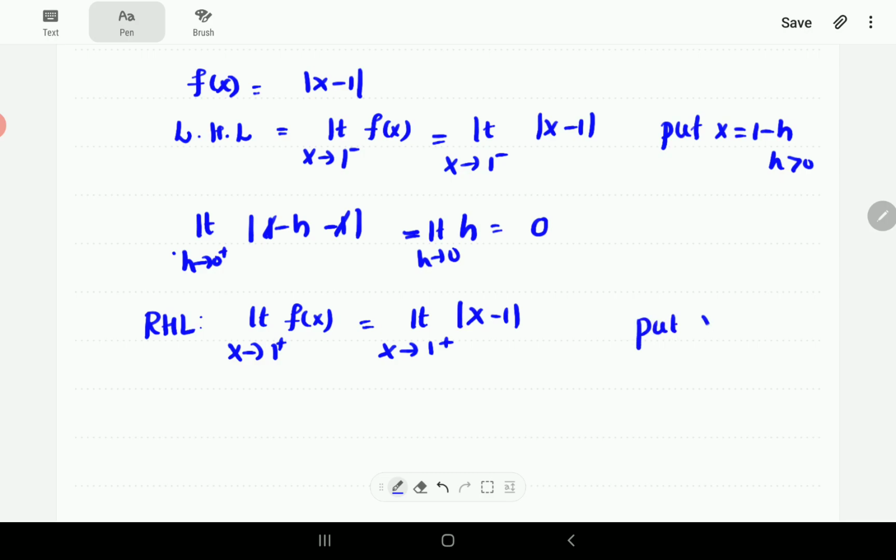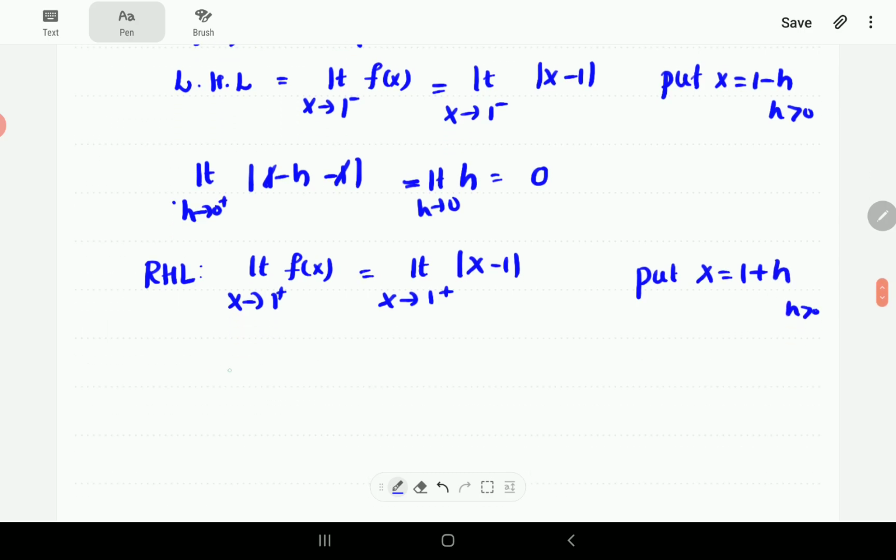We have to put x equal to 1 plus h, since it is the right hand limit, and h is greater than 0. So let's see what we get. This is the limit as h tends to 0 plus, since as x tends to 1, h tends to 0. So this will become 1 plus h minus 1. The minus 1 and plus 1 cancel, and as h tends to 0, it is again 0, right? So therefore,